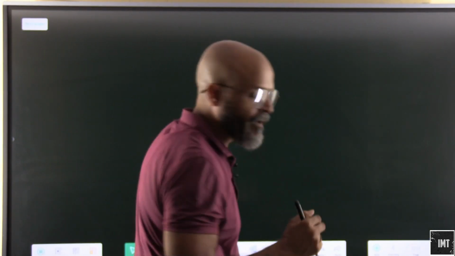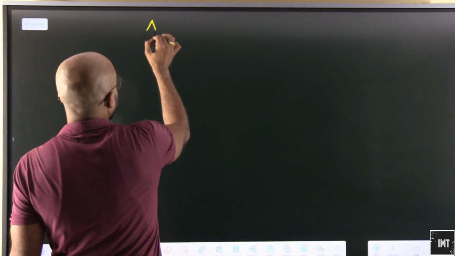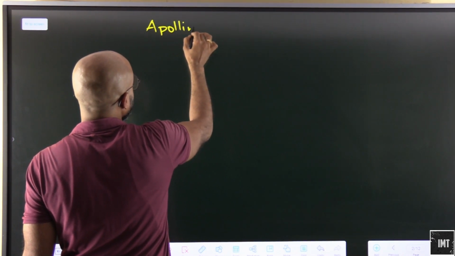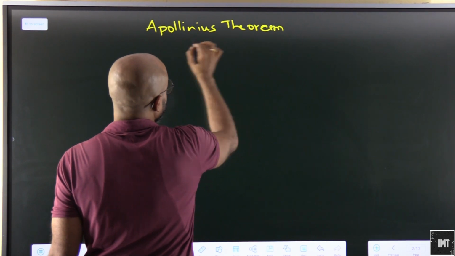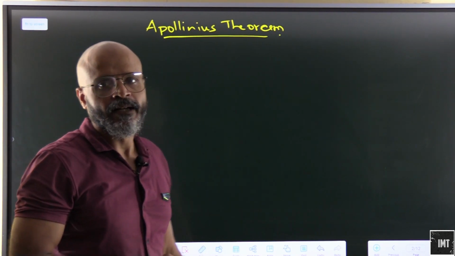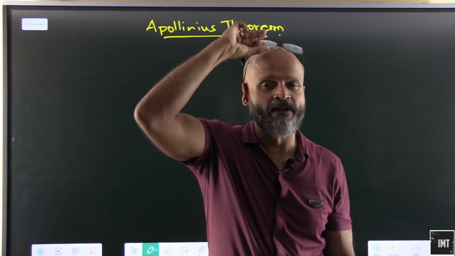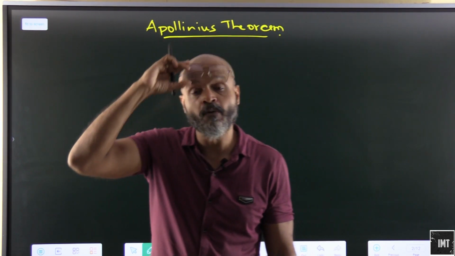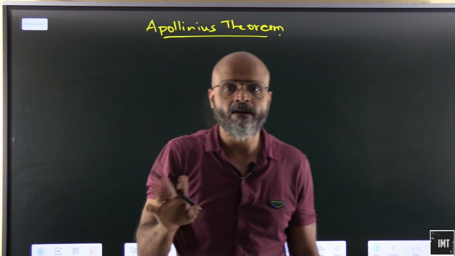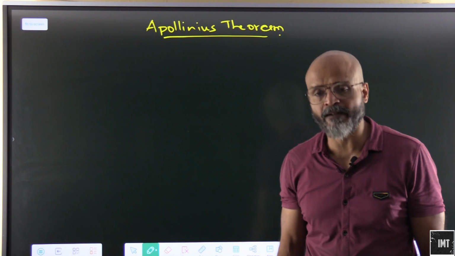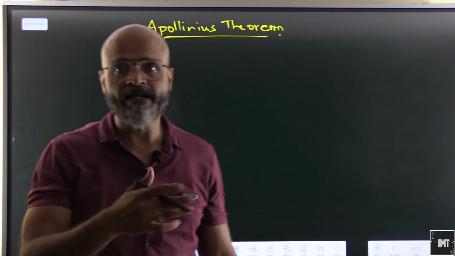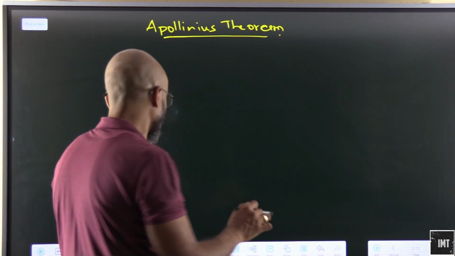Okay, so now using the coordinate axis or either the distance formula, we are going to prove Apollonius theorem. This theorem has been extensively used in some boards, including Maharashtra State Board, in the 10th standard itself, but the proof was not on the coordinate axis. The proof was something which was based on simple geometry. So Apollonius theorem was covered in some state boards in the 10th standard itself. CBSE didn't have the Apollonius theorem, but we will check what is Apollonius theorem.